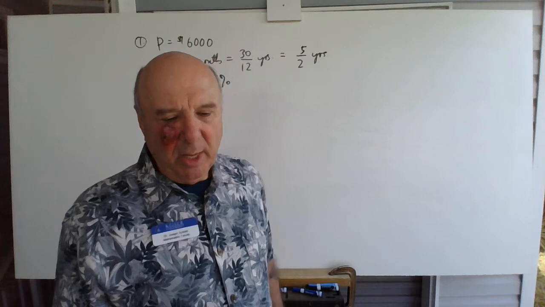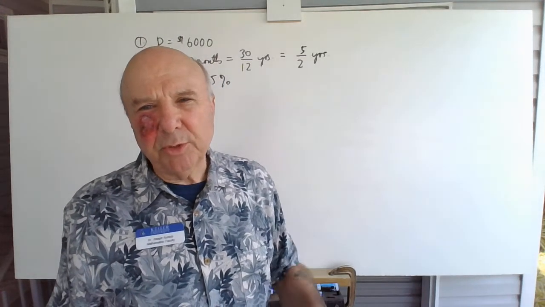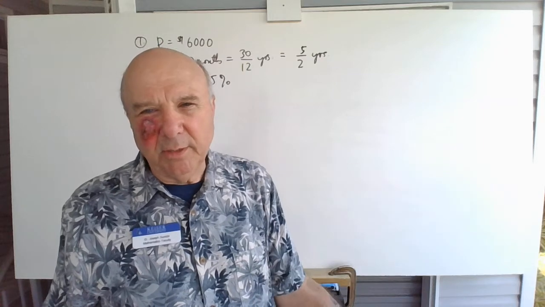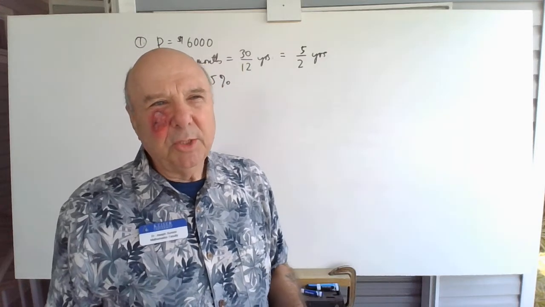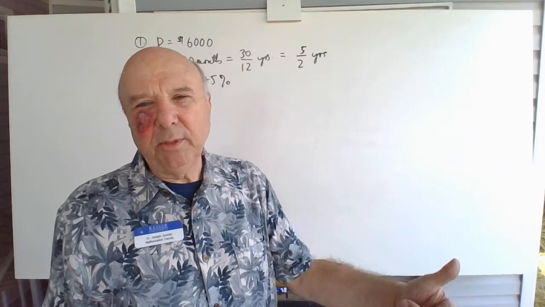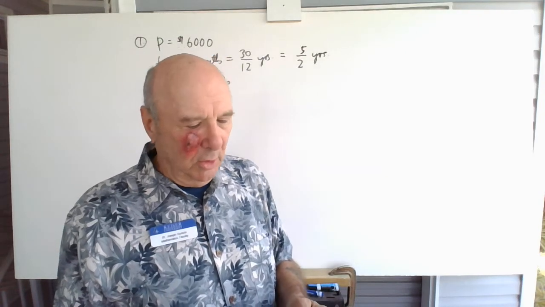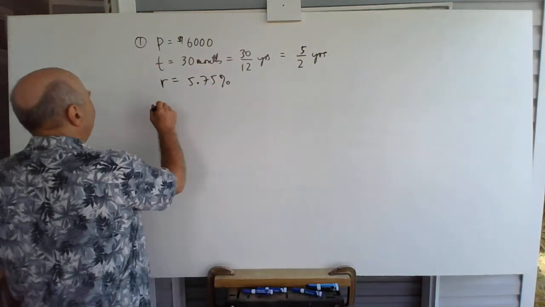How much did Aiden pay to the bank for the use of the money? This is a simple loan. There's no compound interest. We're going to get into that in the next video. This is just simple. They're charging him interest for the time used, but there's no compounding. They only charge him the interest once at the end of the 30 months. So the interest is